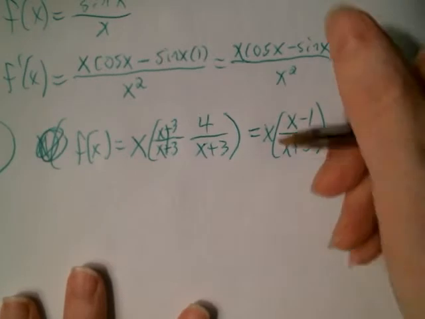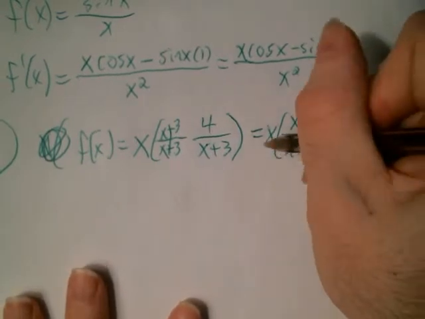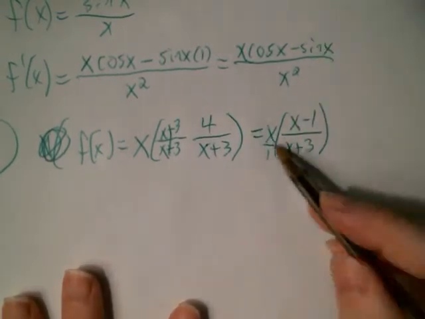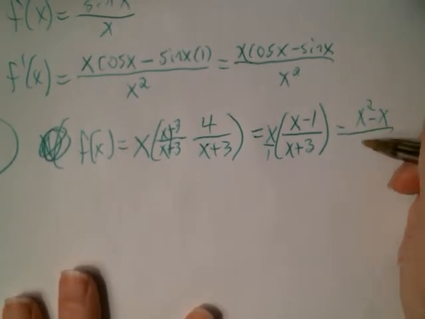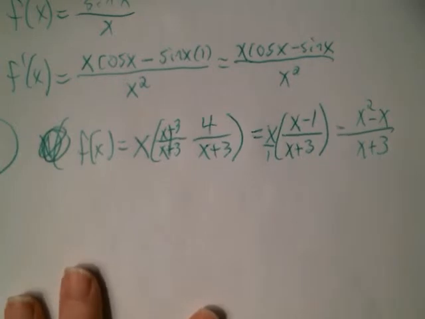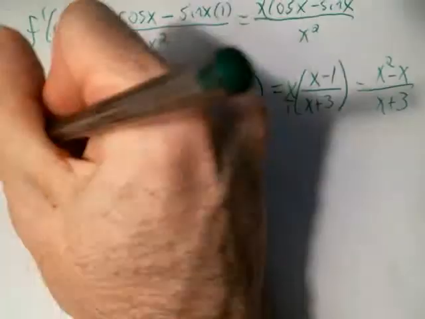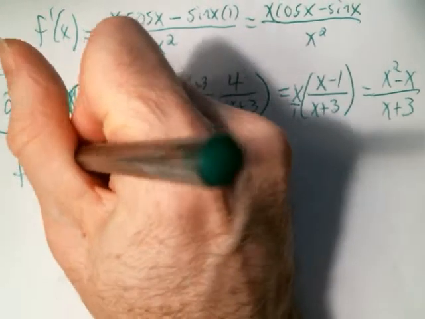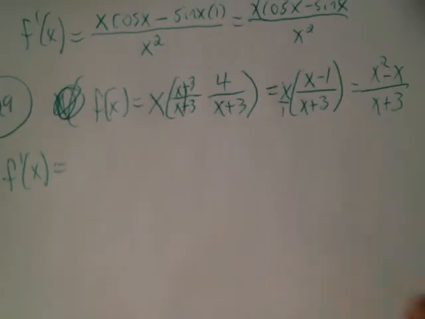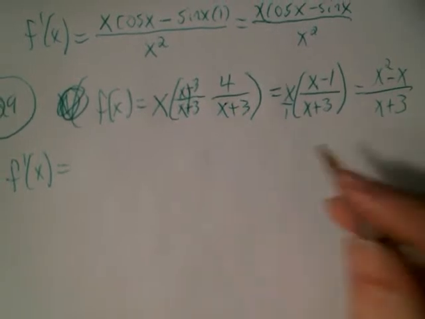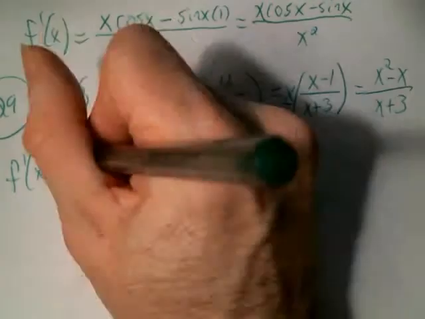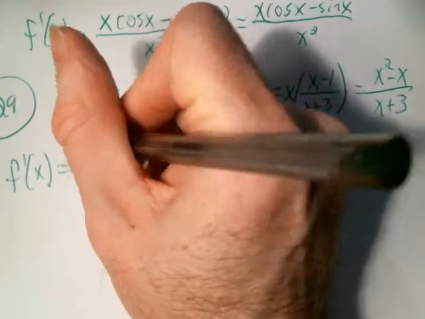And then I'm going to distribute in this x. So x is the same as x over 1. If you multiply straight across, you get x squared minus x all over x plus 3. Okay, so now I can do a quotient rule, f prime of x. And if you wanted to do long division and then take the derivative of the result, you could do that too. I'm just going to use quotient rule though. That seems easier. So low, x plus 3,